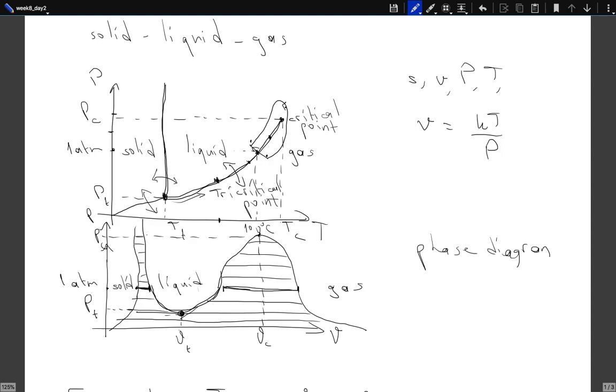Then you have to do some work. Sure, instead of giving heat. To be able to go along a particular path, you have to provide some particular form of heat, in a particular way, or you have to do some work. You can choose your path so that you don't do any work, but you still need to give some heat. Or you can choose another path which would require you to do both work and provide heat. But at the end of the day, the change in the energy will be the same. So you're not gaining energy actually.